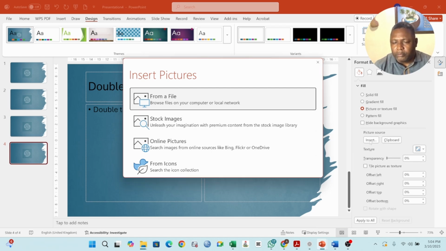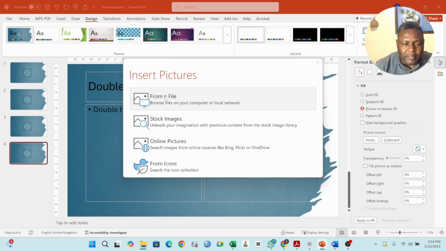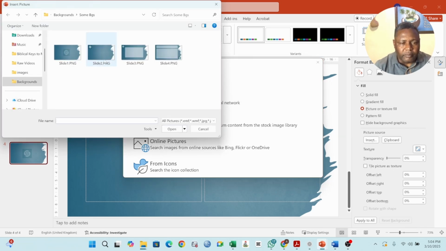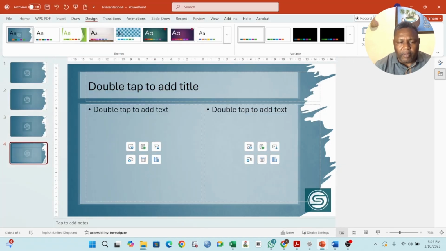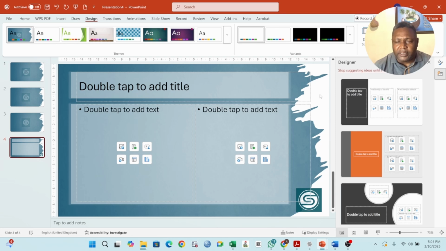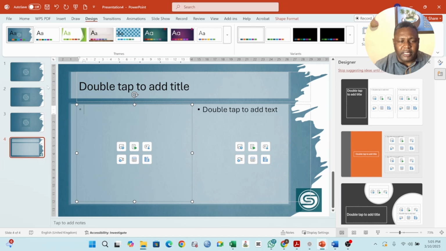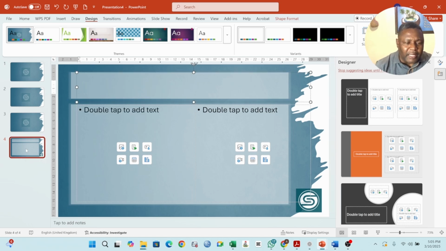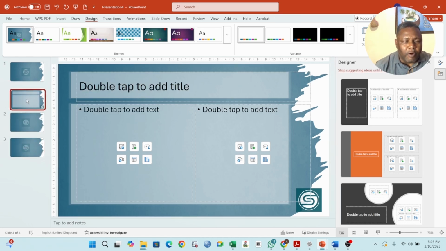So let's insert another one. So maybe something like this, and then insert. So you see that background has been chosen for that purpose, and you can see, even if I'm trying to use this for another